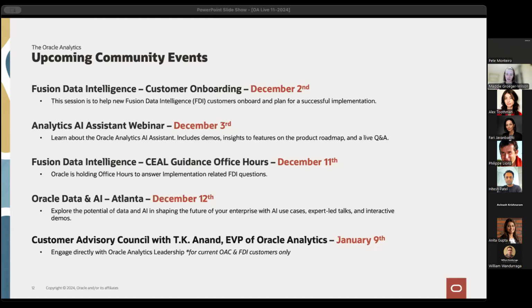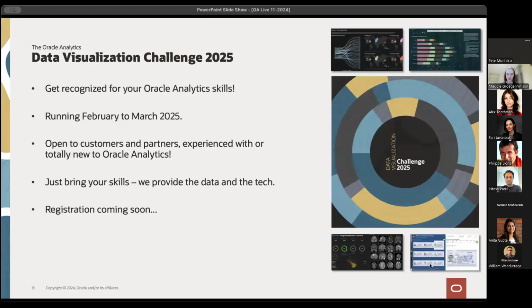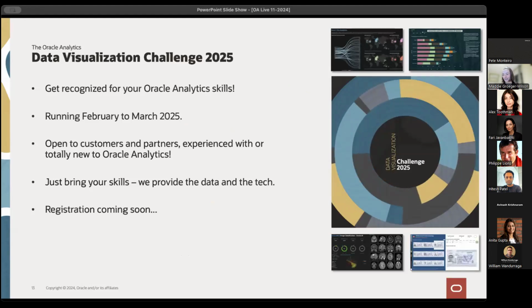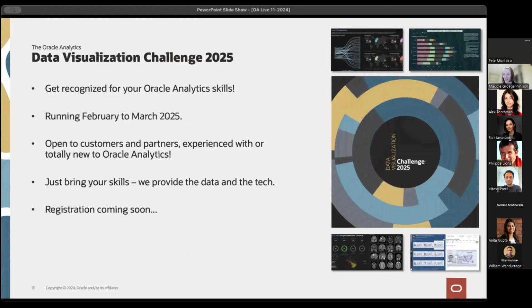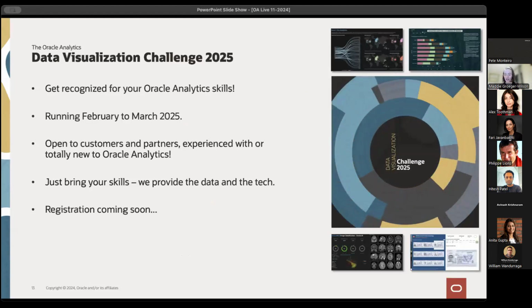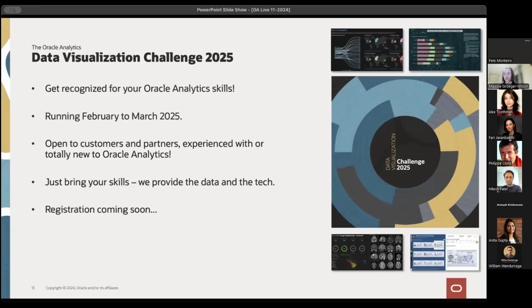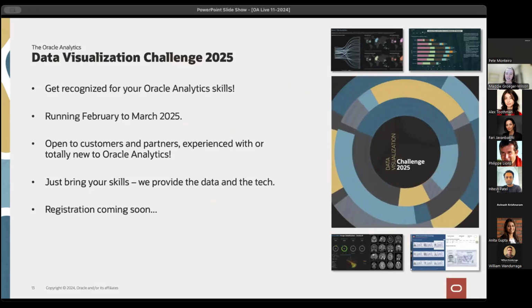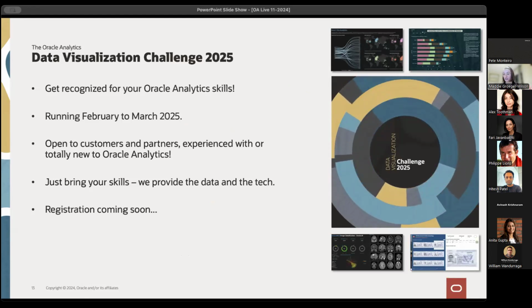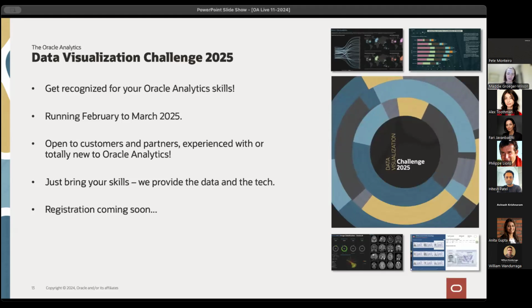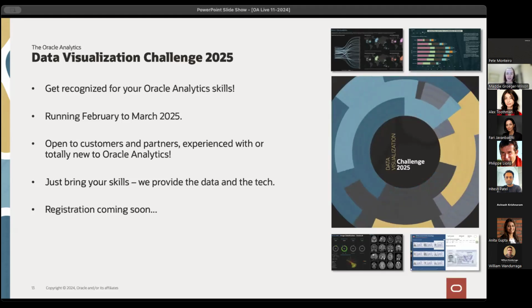Alex, if you wouldn't mind jumping forward, I will tell everyone about the event that's closest to my heart. So looking at launching in February next year, we will be hosting the first Oracle-run Data Visualization Challenge. So you may have participated previously in a data visualization challenge run by potentially ODTUG or ANDOUC, but this year Oracle is bringing our own one to the table.